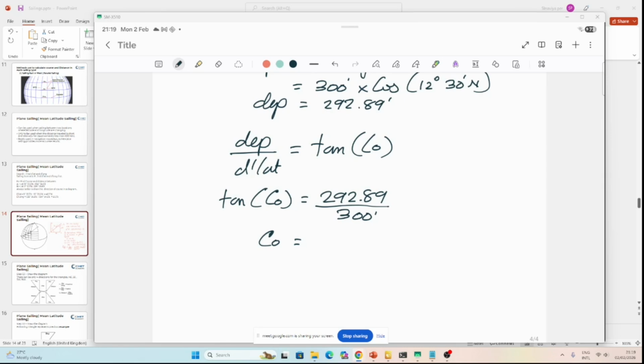Okay, so you have to use tan inverse in this case. Now this is coming 0.9763. This is what I'm getting. Correct me if I'm doing arithmetic mistakes. 292.89 divided by 300. Yes, 0.9763. So you have to use tan inverse